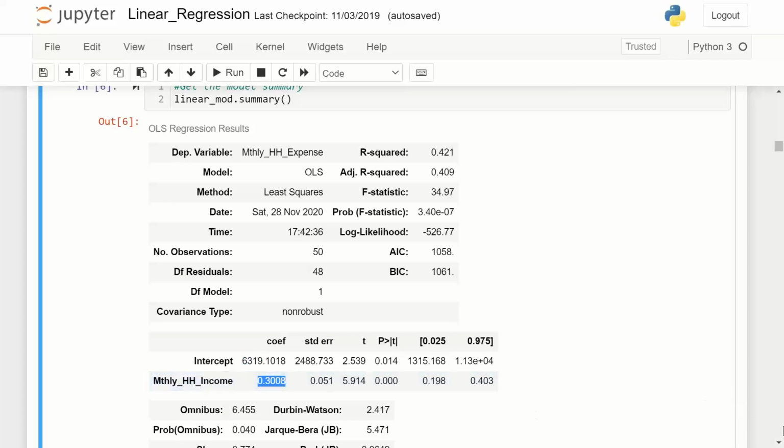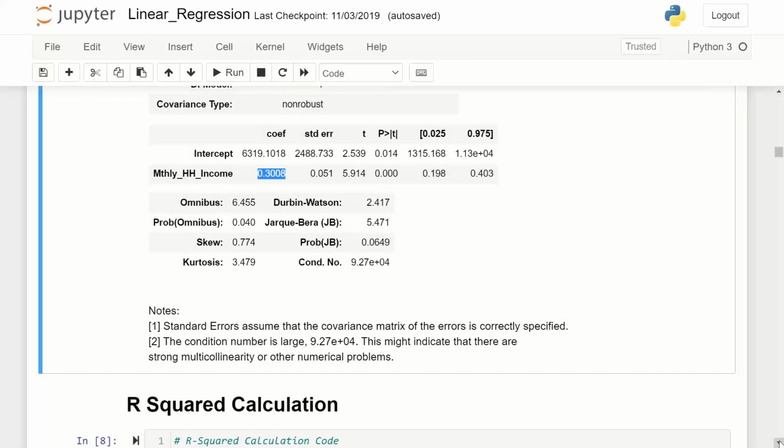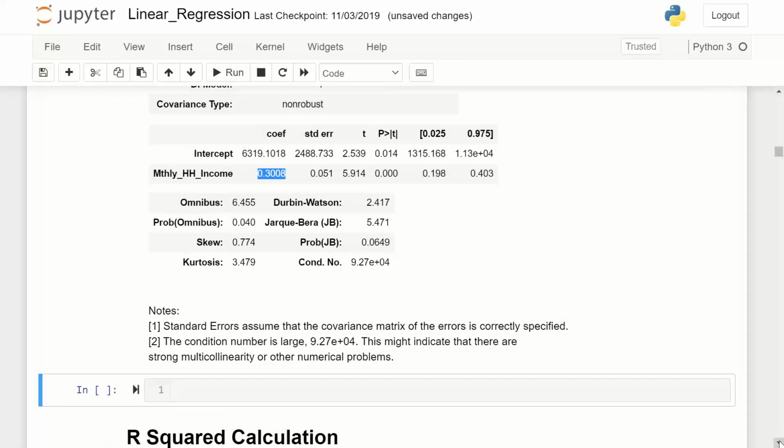What does this mean? If I have to write this as an equation, in that case, the equation will become monthly household expense is equal to intercept 6319.10.